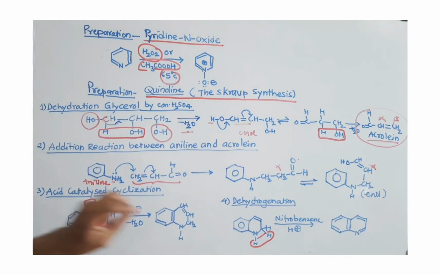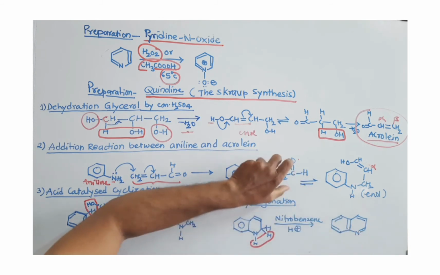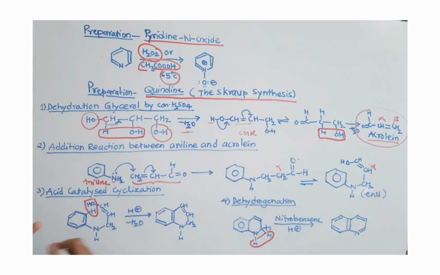Now see, once you convert this keto into enol form, the cyclization is easy. Now you have to remove one more water molecule. For this purpose, OH is taken from this carbon and hydrogen is taken from the ortho position of this benzene ring. Now just remove the water molecule. This reaction takes place in presence of acid. That's why it is called acid catalyzed cyclization. You remove the water molecule and form a bond between this carbon and this carbon. So you will get here a bicyclic heterocyclic compound.